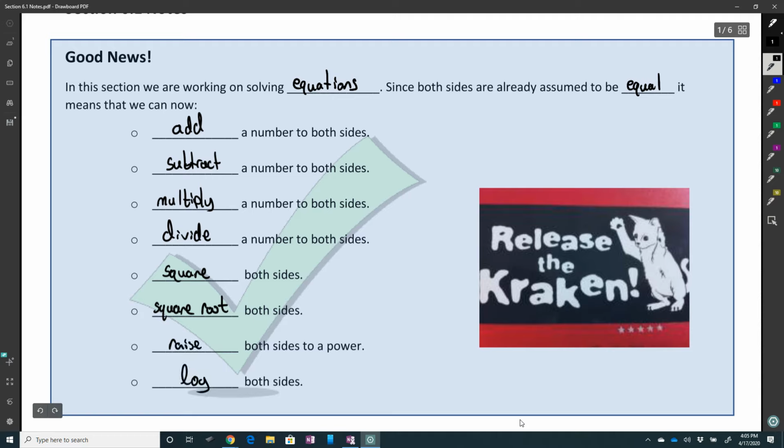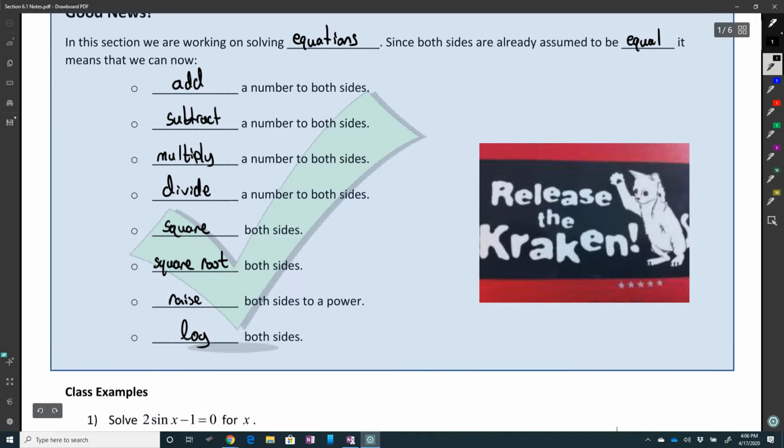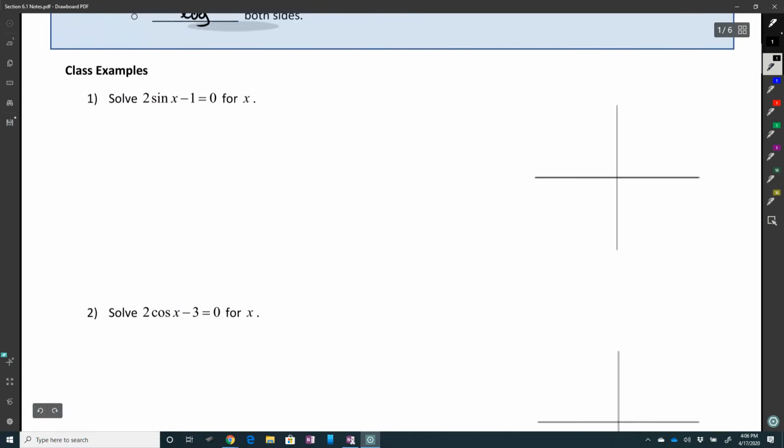So before I couldn't do it because when we were doing proofs, the sides weren't assumed to be equal. That's what you were trying to prove. But now in these equations, they're assuming they're equal, so now we can do all the stuff we couldn't do before. And I just wanted to put a cat there. Rawr. Anyway,